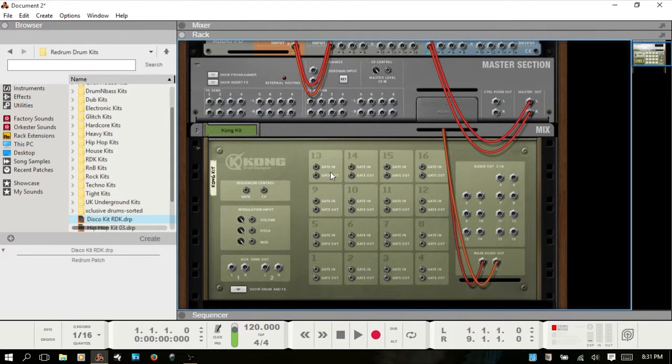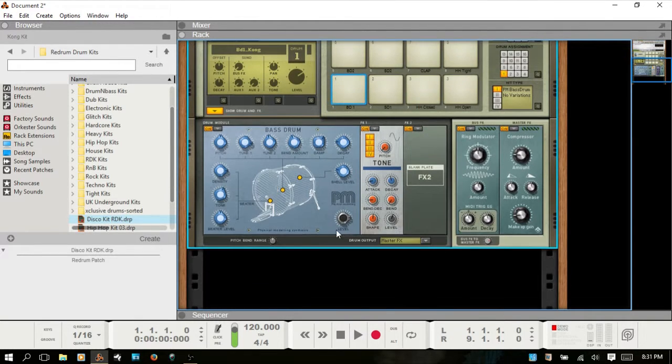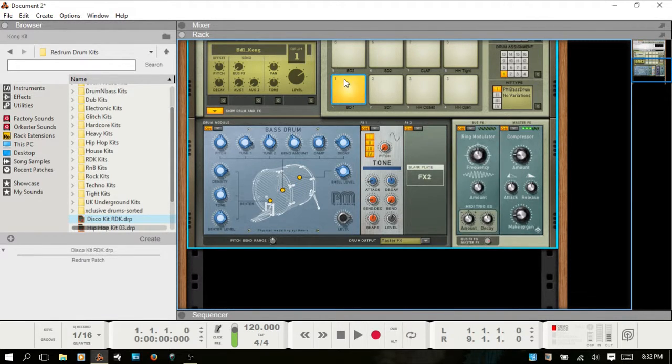And a lot of people like to have each of their drums on a single channel, but you're kind of limited. So if you come here, you see that you're limited to these outputs, but you've got 16 pads. So one thing that you can do